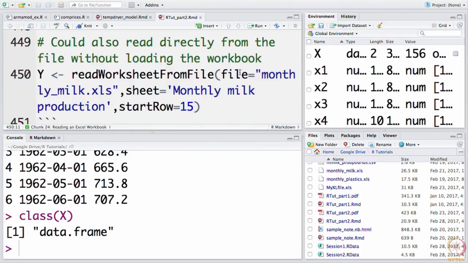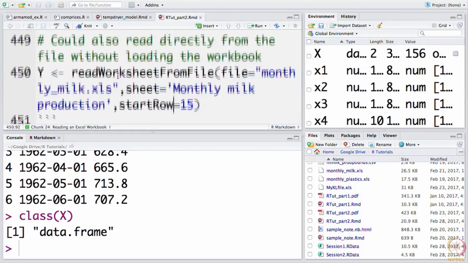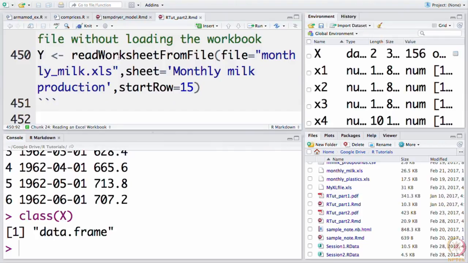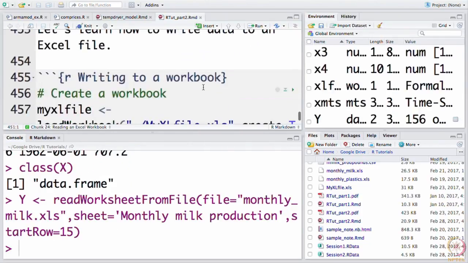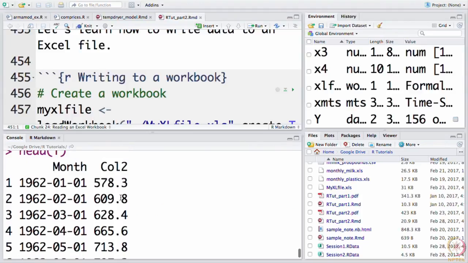Here I do not have to refer to the object that I had earlier created. Specify the name of the worksheet, again specify the starting row. Directly it would read the data from that particular worksheet. So, let us execute this, and let us check if it has done the job. It has done it, and the values look the same as those contained in X.